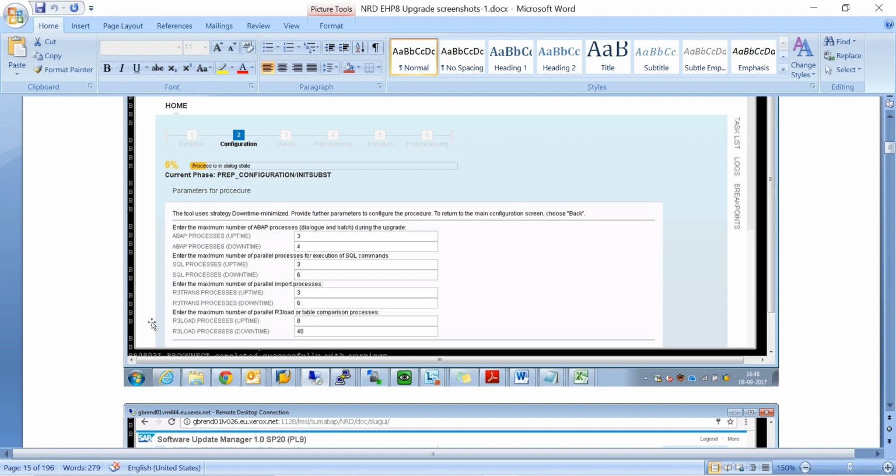In EHP we don't actually use R3load. We only use that in migrations and upgrades. SQL processes means your DDL processes. Create table, create indexes. For that, some SQL statements you need to run. And ABAP processes means when you are doing a transport, if your transport is hung, we are checking something related to